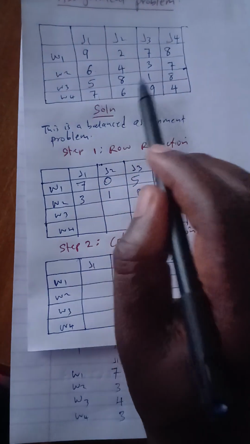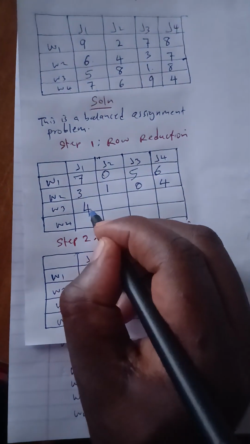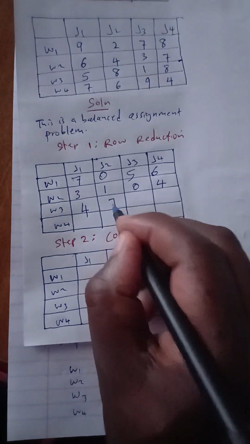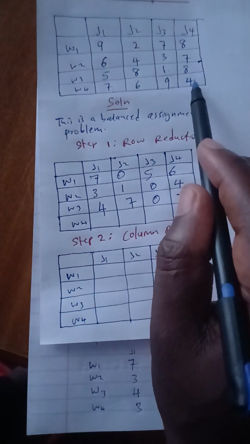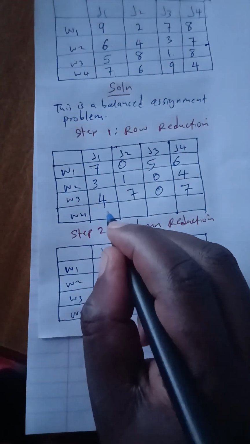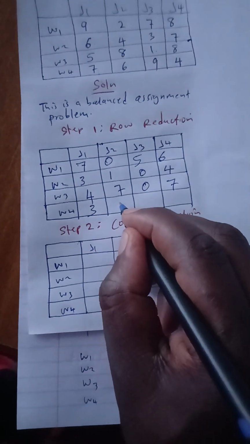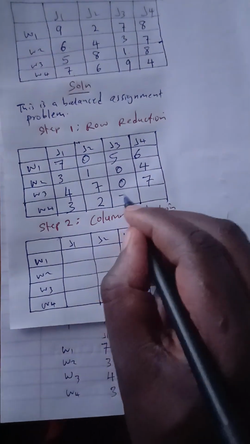In the third row, the smallest here is 1. 5 minus 1, 4. 7, 0, 7. In the last row, the smallest here is 4. Subtract from each element. This is 3, 2, 5, then 0. Now we move to the next step, step 2,